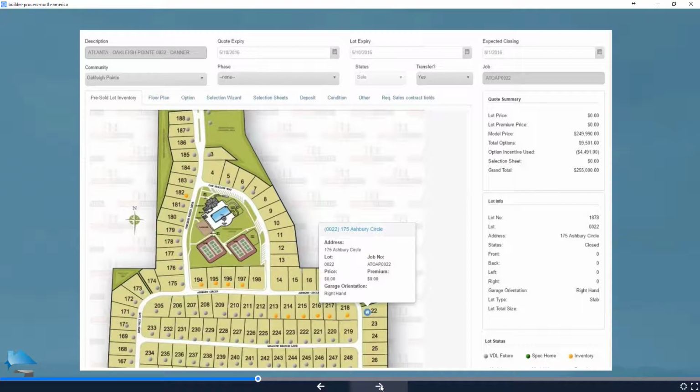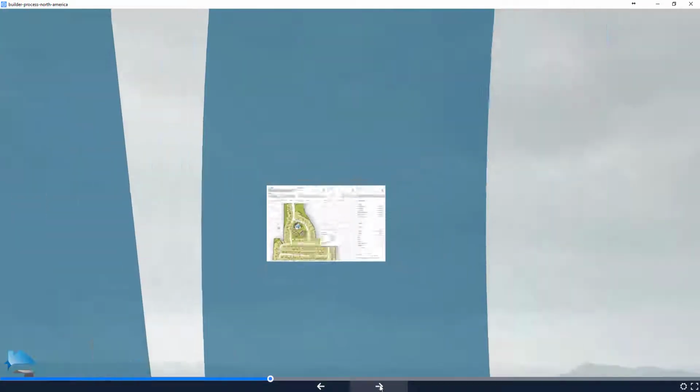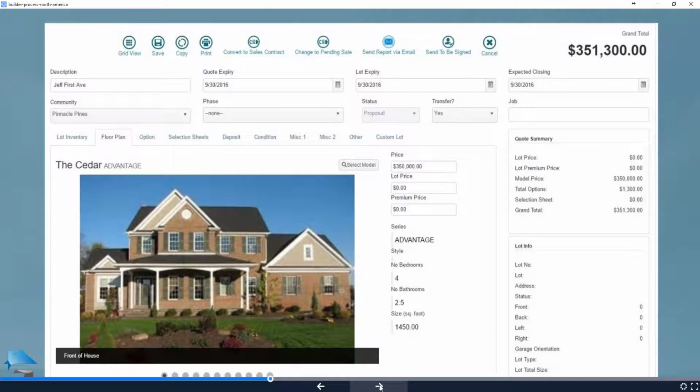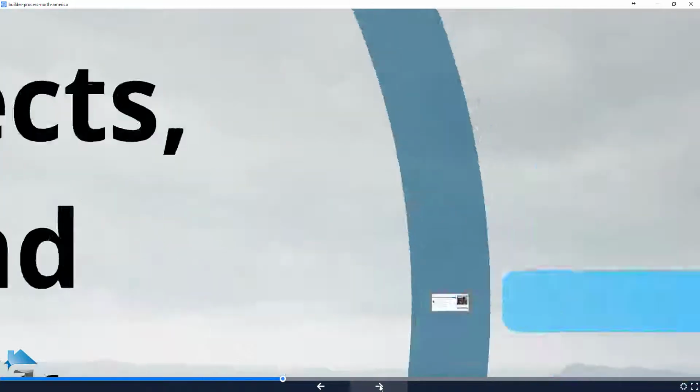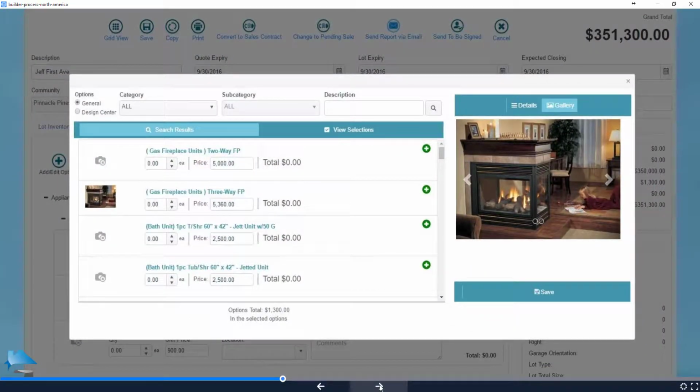They can choose what's available for different lot inventory offerings that you have within the different communities that you are working in. And in addition to that, choosing the various floor plans that will fit on those lots is also available for them to be able to manage as well. And then any selections of upgrades or options and things of that nature are also available for the sales agent to help guide the customer through the selection process,